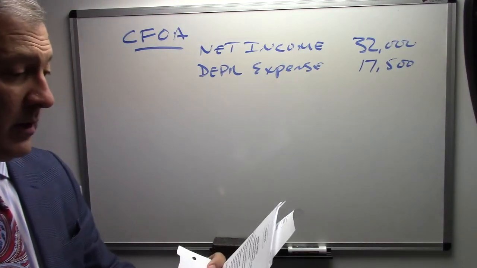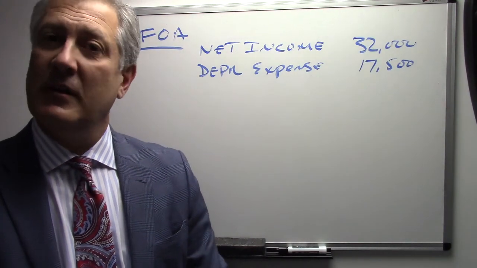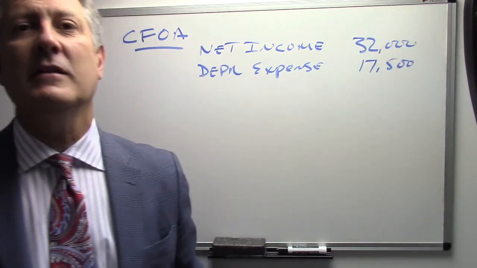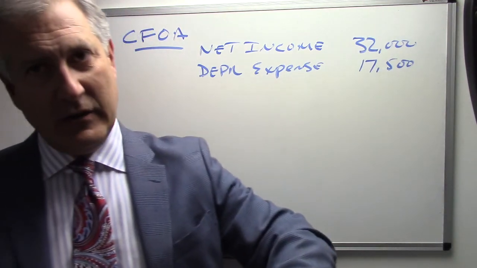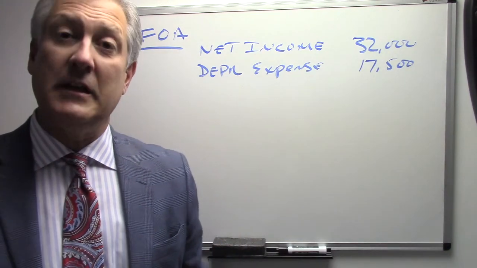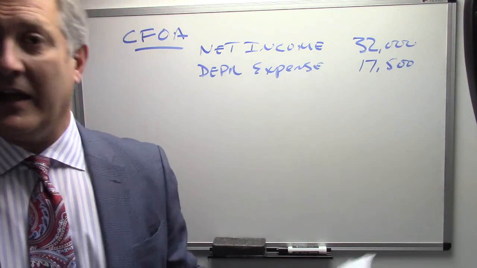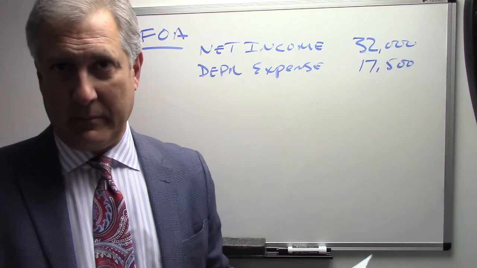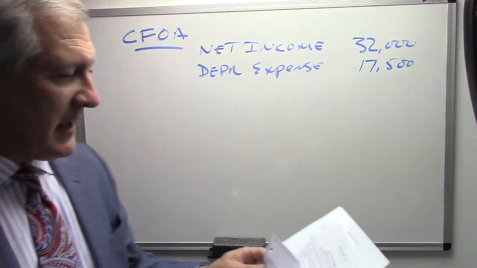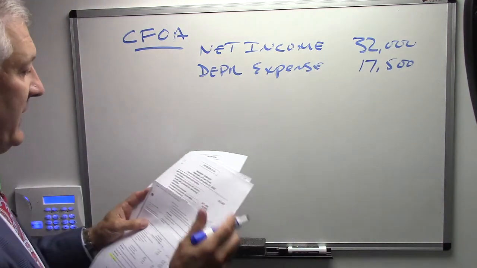There are no gains or losses on the sale of assets, so you don't have to deal with them. But remember, if there was a loss, you'd add it back to net income. If there was a gain, you would subtract it. So now what you want to do is go to the balance sheet and calculate the changes in all balance sheet accounts. Dollar amount, and if it goes up or down. Step number 3, we want to look at the changes in current assets and current liabilities and see what's going on. And we very clearly see that there is an increase